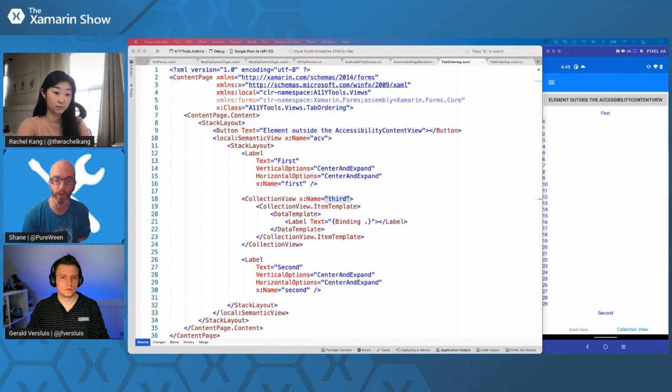For example, if in your collection view you had a bunch of elements and you wanted it to jump from this first label to something inside the collection view and then to something outside the collection view, you can't really achieve that here with the semantic view. But that's not really a scenario you should have. You have to question if that's actually the correct way to make your app accessible. Because the idea is that once you dive into a scroll view, that's where the user needs to be. So that's one of the things to note about the approaches we're taking here with the toolkit